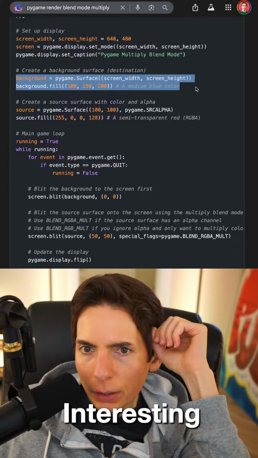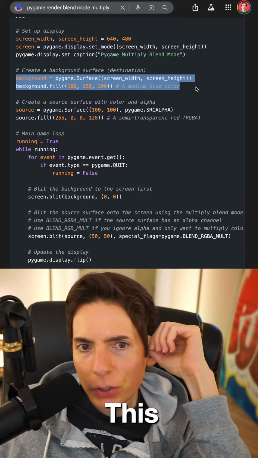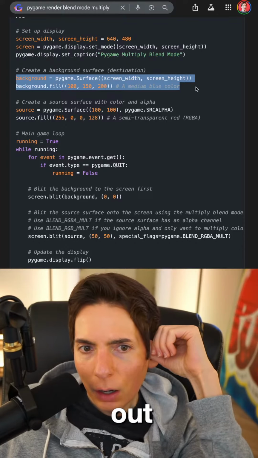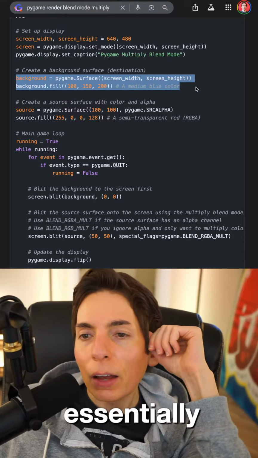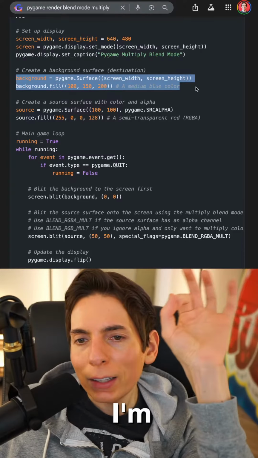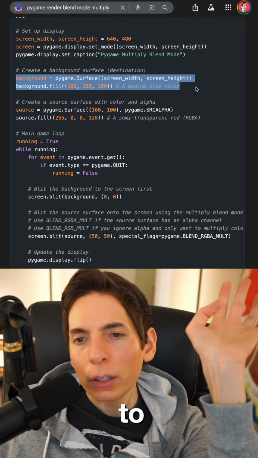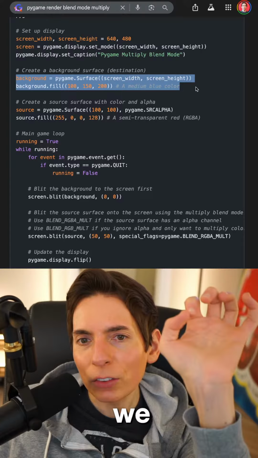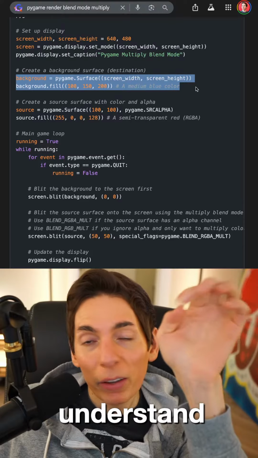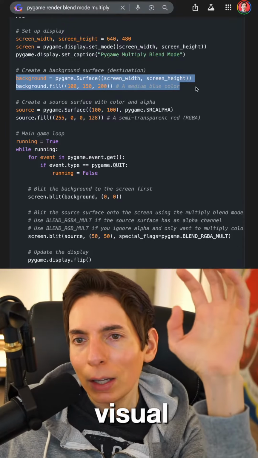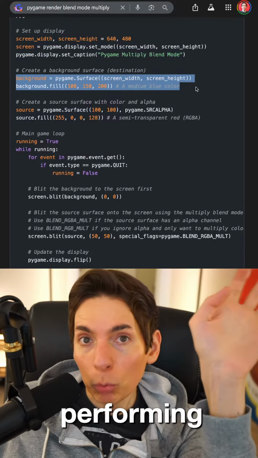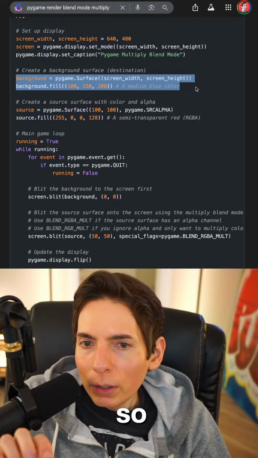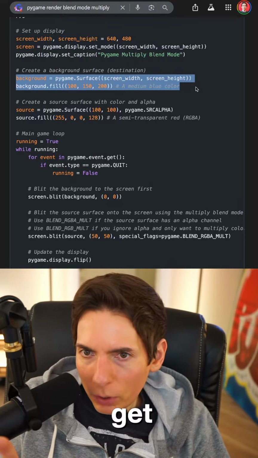Interesting. Okay. This visualization is to help you, a human, tune. The problem is tuning it right, to zoom out on the problem. Yeah, that's exactly it. So I'm trying to get this to look the way that I want it to look, because I know it's possible. And when we get it to look the way we want it to look, it's going to help us understand the best possible way that we can visualize how the model's performing. That's what we're doing right now. We're visualizing how the model's performing. And so I'm trying to get it to work here.